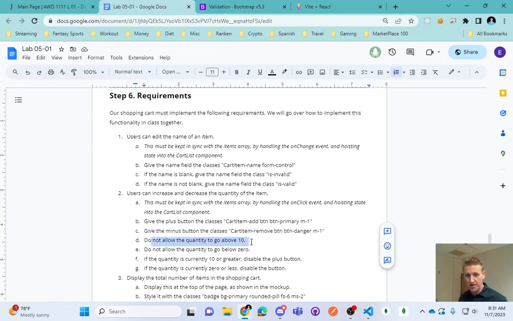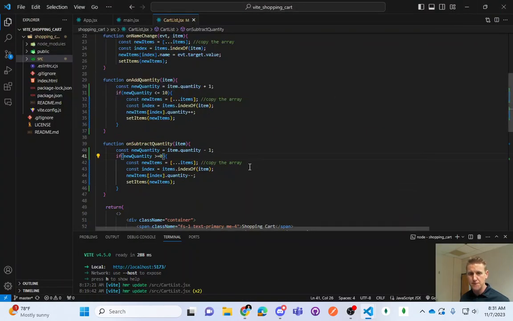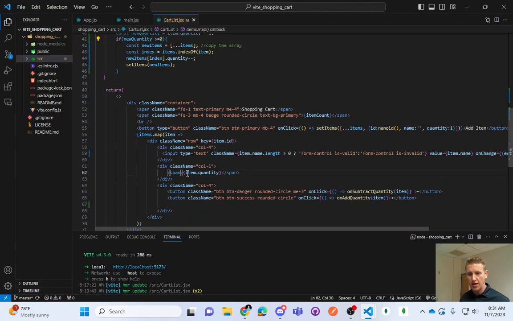So do not allow the quantity to go above 10, check. Do not allow the quantity to go below 0, check. If the quantity is 10 or greater, disable the plus button. So the plus button is right here. So we could add in a little ternary in here based on what we did here. If the item quantity,